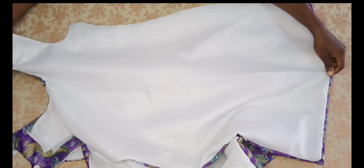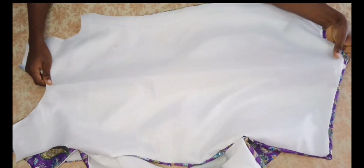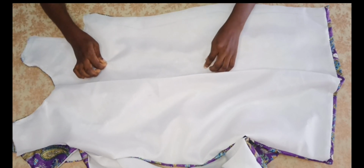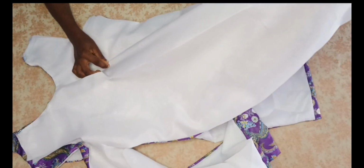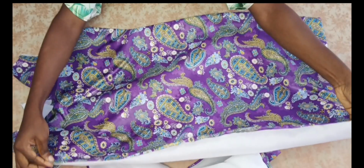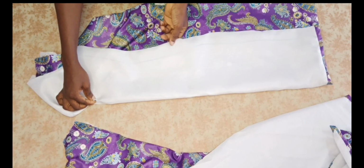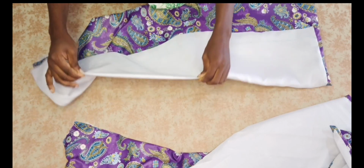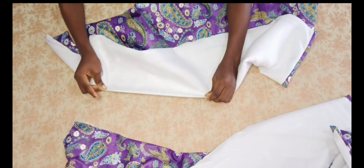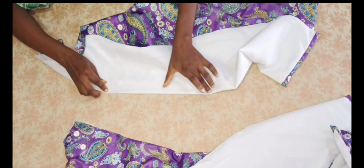I don't have light. I would have ironed this out to look neater. But what I'm going to do is fold it. Please neglect the background noise. When you're folding it, make sure you're holding the fabric and the lining together. So I'm going to fold it this way. These 2 points, take it to my sewing machine, and